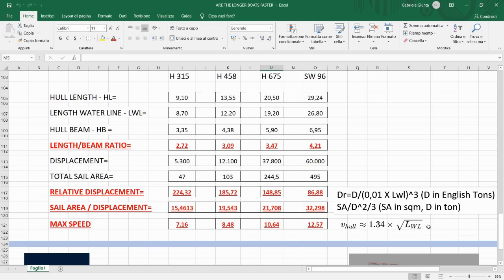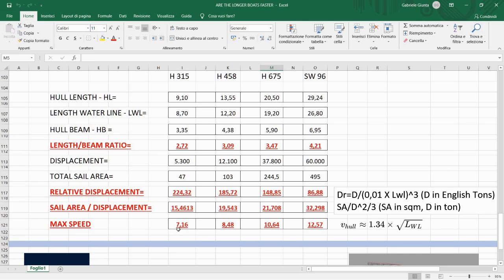Because to consider only one dimension, the length waterline, is not enough. We can have the same length waterline with different displacement, different shape of the hull, different keel, different sail area. So I don't like this formula very much, but again, it's very popular, and so I have mentioned